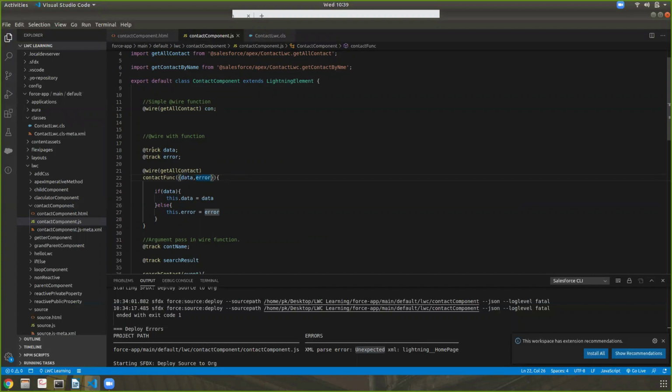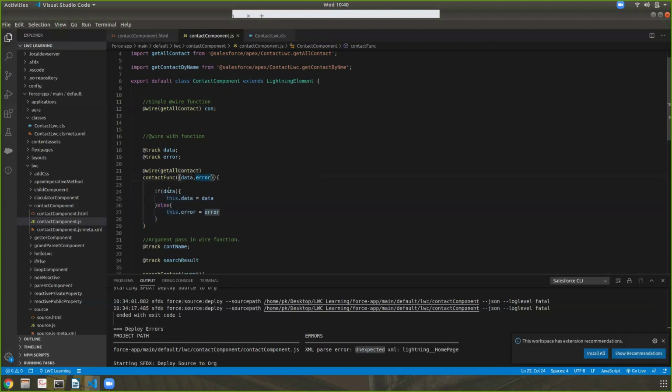If data is equal, this is data.track, and if I manipulate the data, I can manipulate it here. So in this condition, I cannot manipulate it in the JS file. I have to display it directly in the HTML file. But here I can manipulate the data in this file. So basically in wire we can access data in two types. This is the simplest method, and this is a wired function, you can say. So here I can manipulate the data if I want.